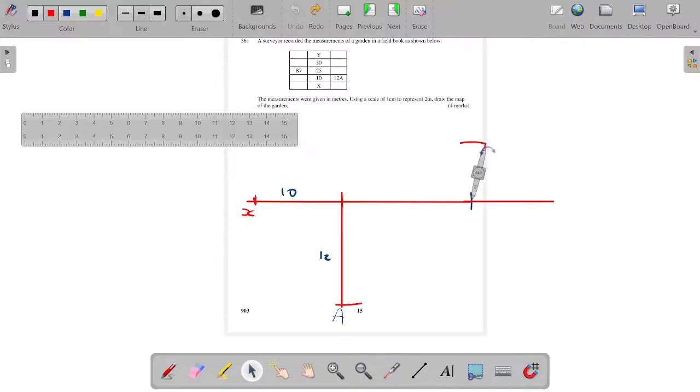Then make your arc. After making your arc like that,